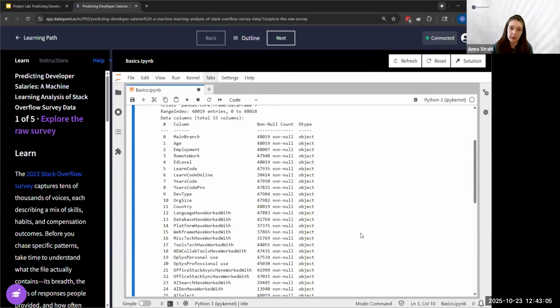We have a lot of objects, and objects don't play nicely with machine learning because we need everything to be numeric in order to calculate. We're going to use linear regression, and in order to calculate how different things interact together, we need numbers. So a lot of our data cleaning steps today are going to be dealing with objects and how we can make them fit for machine learning.